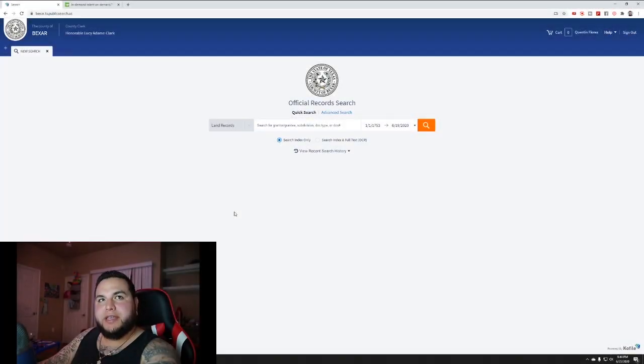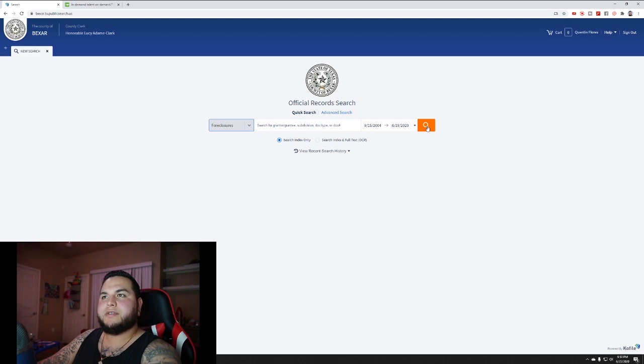Alright guys, so this is the county clerk. Now every single market has its own specific clerk, and that is basically where people go and they record things to make a public record, okay? So I'm just going to break this down very simple. You want to click on the land records icon, and then we're going to click on foreclosures here, and then